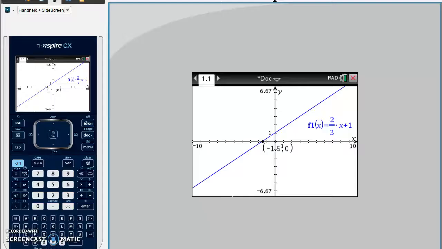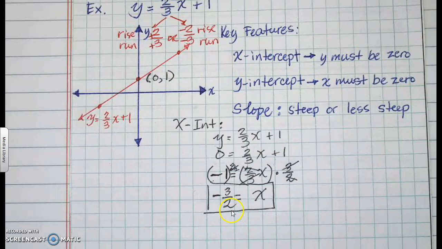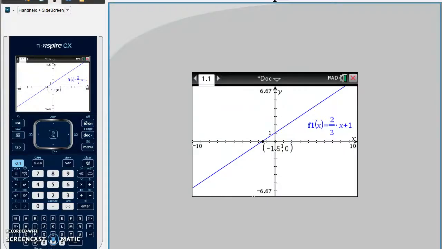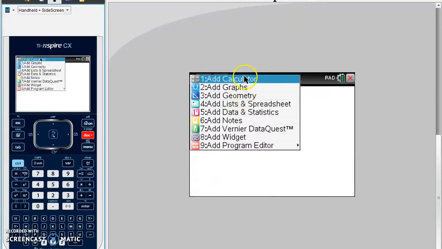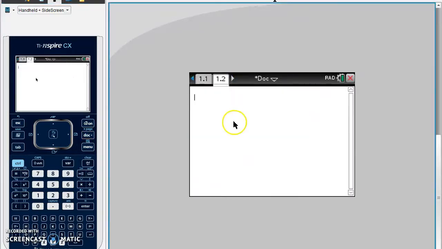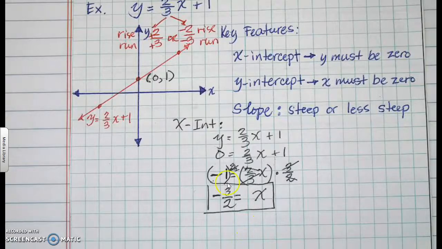Now, let's look at this again. How would you know if the negative 1.5 is the same as negative 3 over 2? Well, this is how we do it. So you want to keep your graph, but you want to open another document or another file. The way to do that is by pressing Control Doc and get to the calculator. And you're here. So this is your document. It's still there. But now you're going to use your calculator just to check if negative 3 over 2 will